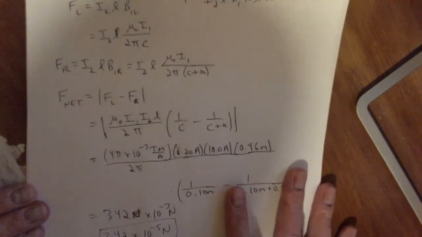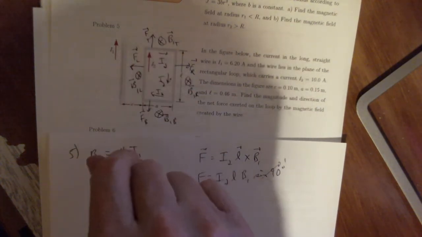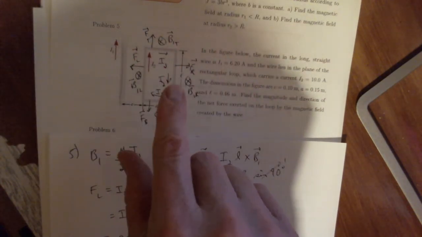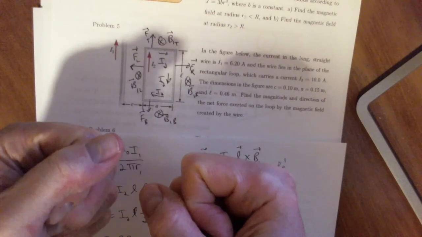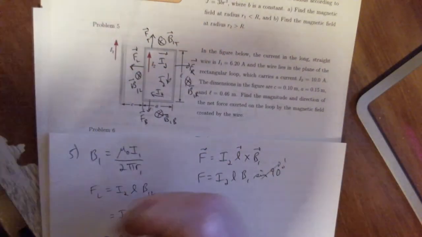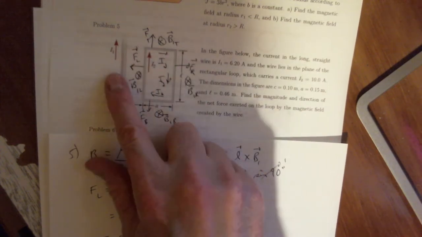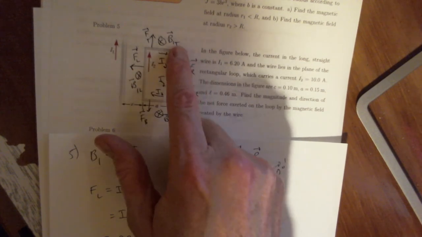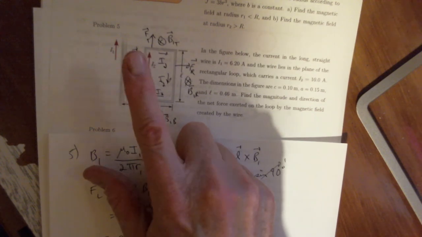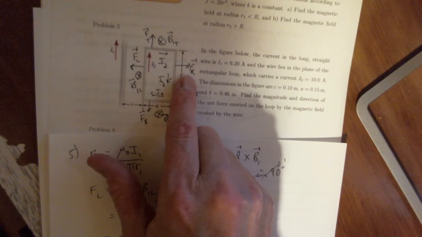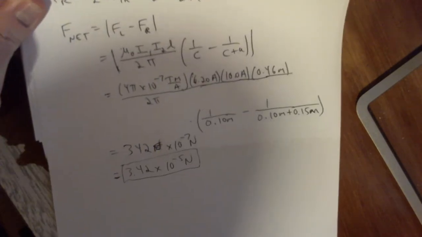And the point of the problem, though, is that you find the directions of the forces. They all point in opposite directions. So part of what they're doing is just trying to stretch the rectangular loop this way and this way. But because the left side is at a different distance from the wire, from the current producing the B field, than the right side of the rectangular loop is, the force on the left side is bigger in magnitude than the force on the right side. So the net force has this magnitude, and it points left